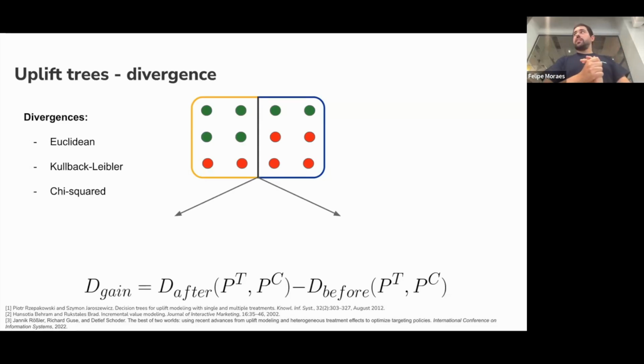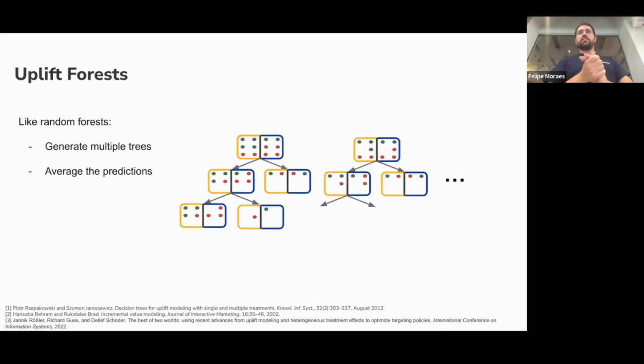The main idea of how trees pass to forests is exactly the same as random forests. You generate samples, you learn a tree there, you can do random splitting, you can do all the things that you do with random forests. You learn a tree, then you learn another tree, and then you average out all the predictions.